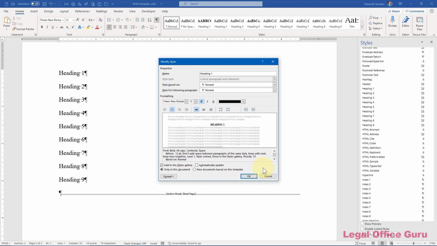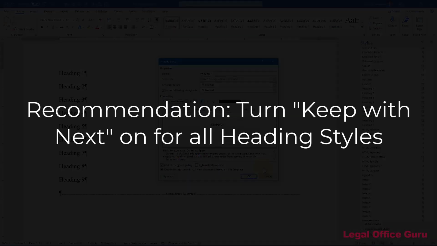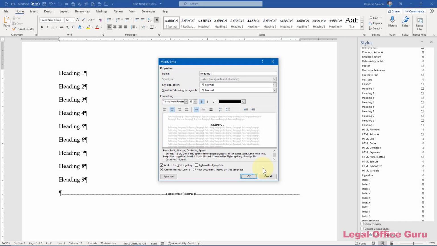But first I want to show you some settings that I recommend for everyone. These are not so much formatting settings as they are functional settings. First, for the headings, I always recommend you set Keep with Next. This is a paragraph setting that keeps your headings from being separated by a soft page break from the next